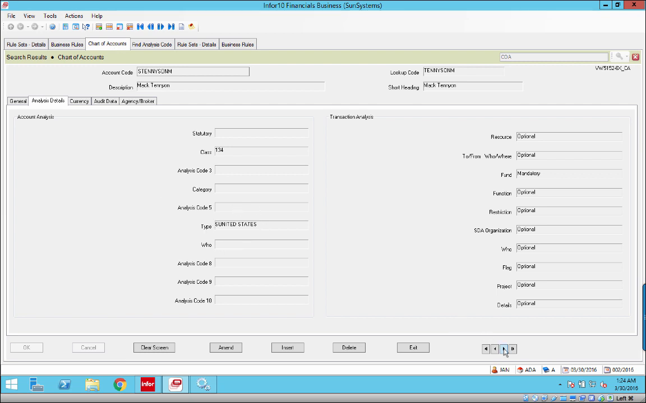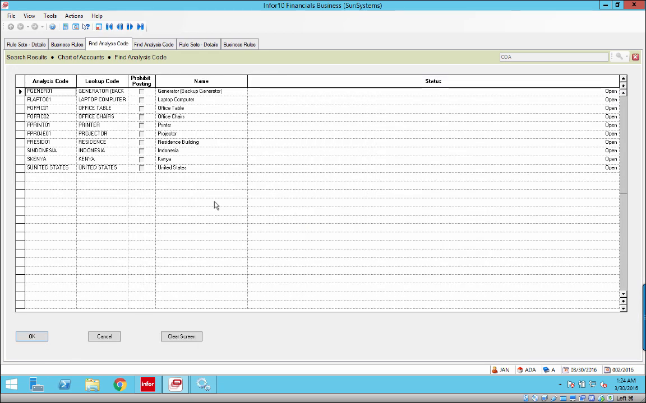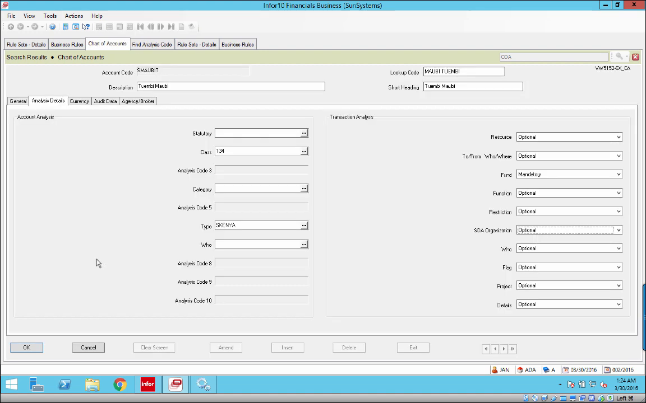And so I have another student here, a student called Tuembi Malbi, and I have the country he is from, and he is from Kenya. So you have that account code. These are account analysis codes over here that we're using to keep track of information about our accounts. So I have accounts set up with these analysis codes, and now this is one more fact I want you